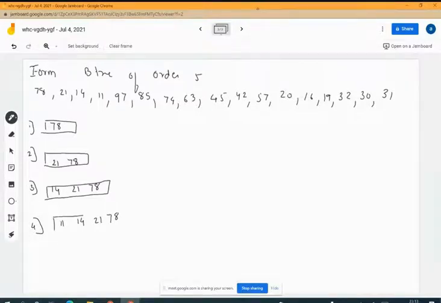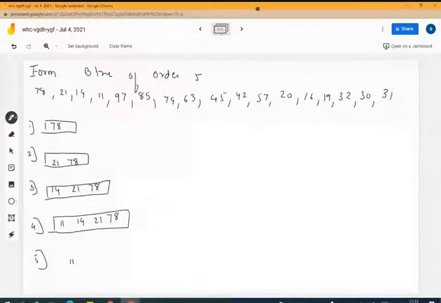Now, when you come to the next, that is insertion of 97, when I insert 97, you can see it is in contradiction with the condition of our m-way tree, which says that the number of values inserted should be equal to n minus 1. So n minus 1 here will be equal to 4. So how many elements have come in here now? 5 have come in. So what did I tell you? This has to be pulled.